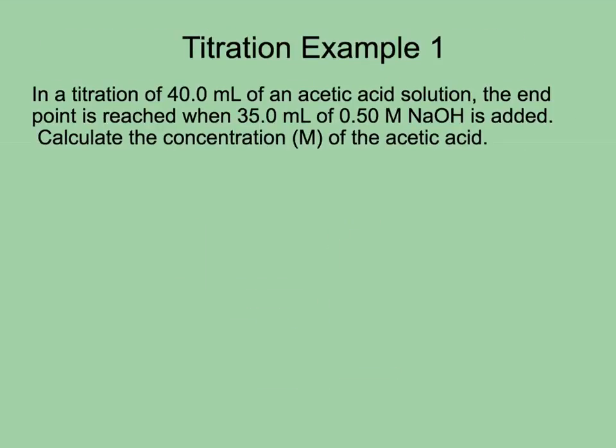All right, so we said the whole point of a titration is to figure out usually the concentration of a solution that you don't have the concentration of. You know what it is, but you don't know its concentration. So let's try an example here where we can actually use data from the titration. It says in a titration of 40 milliliters of acetic acid, the active ingredient in vinegar,